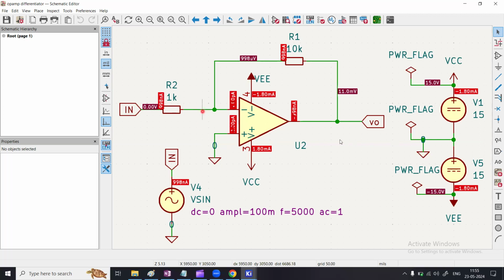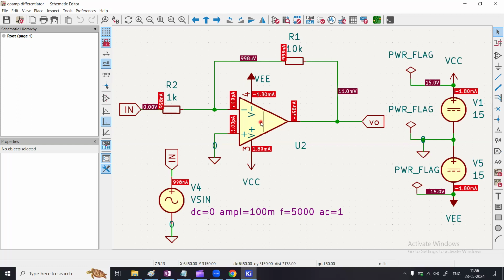So obviously the output should ideally be 0 volt. However, we see 11 millivolt. Why? Can you tell me that? So the answer is simple. Even though there is no externally or intentionally applied voltage difference between the two pins of the op-amp, since the op-amp is a practical one, it is an ICOPA 1641, and in the data sheet